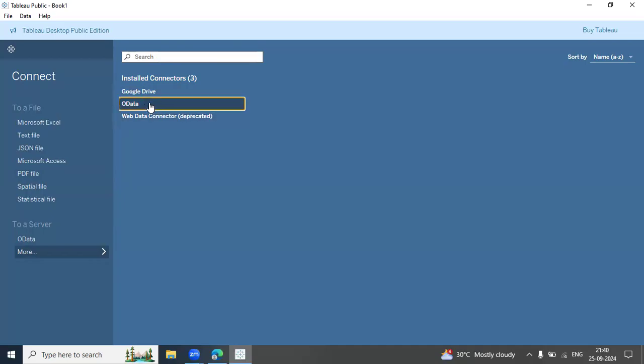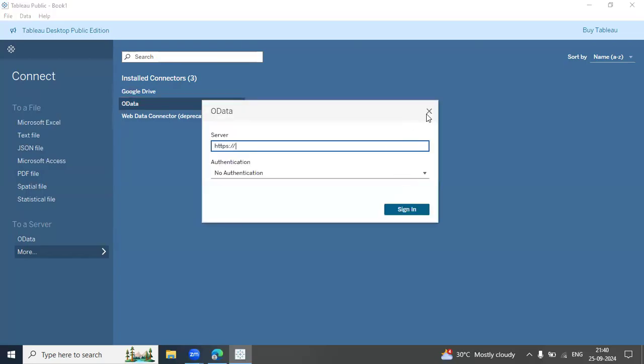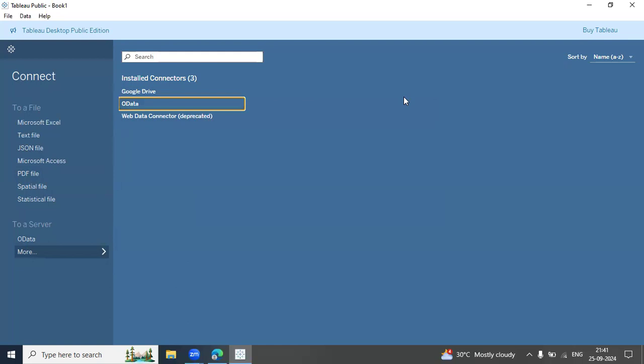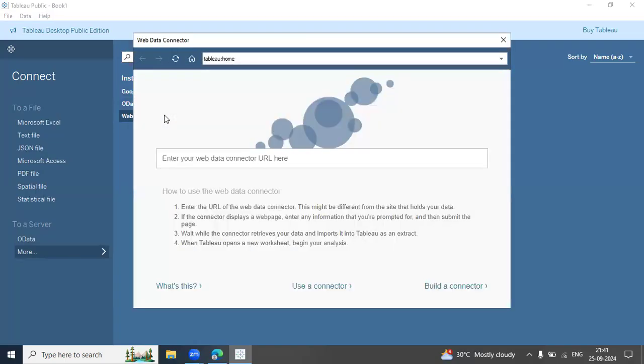Let's just click on it. Yeah, so for that we have to use a connector. If you want to build a connector, you can build it, or you can also use a connector for that.